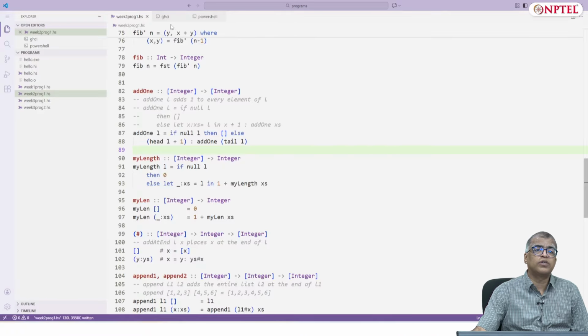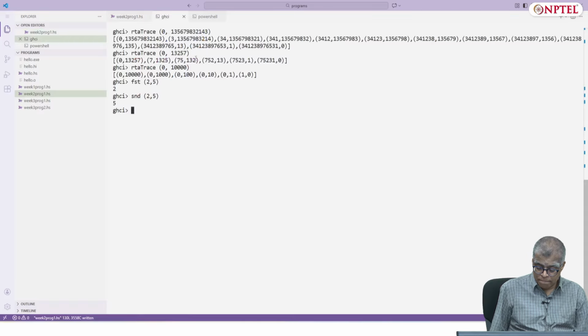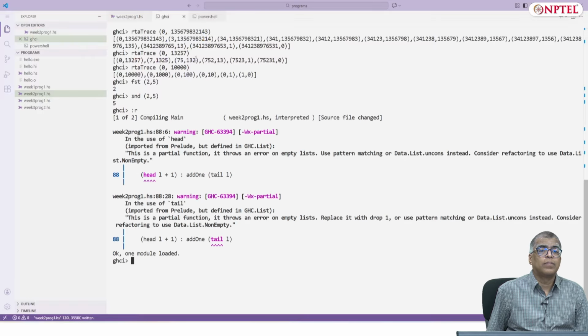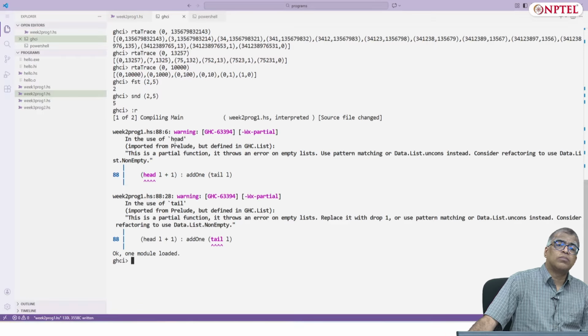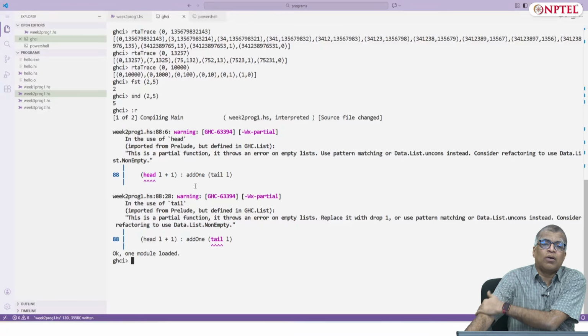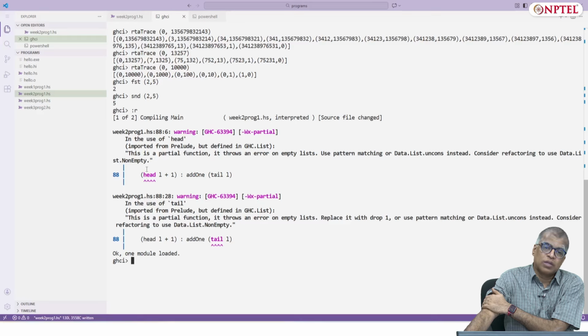Let's try to compile this program. Try to reload. You get a, okay, it's not an error, it's a warning, so it's fine. There is a difference between an error and a warning. A warning will still go through, the program will compile and you can actually run the program, but